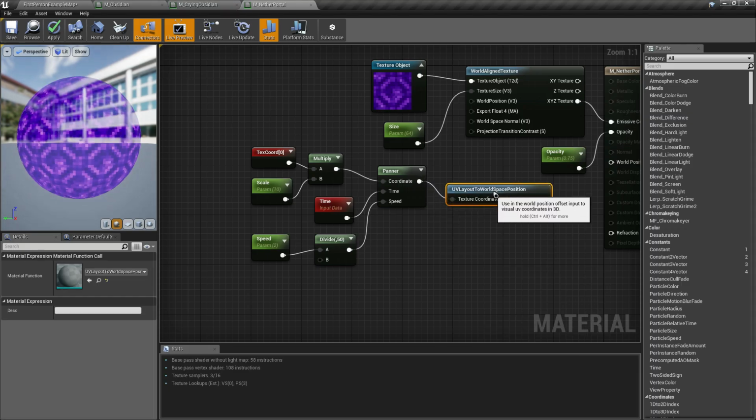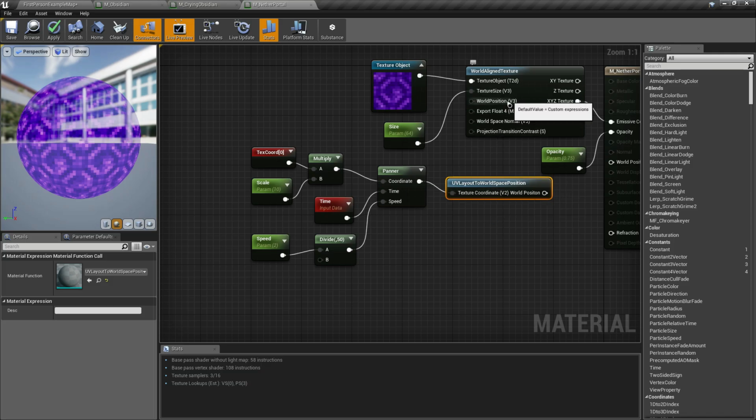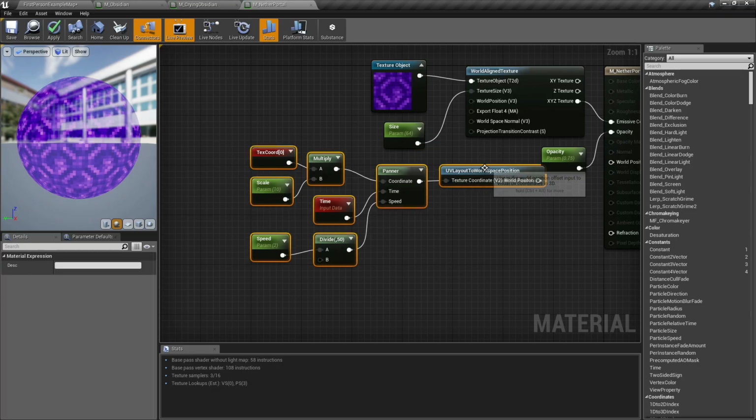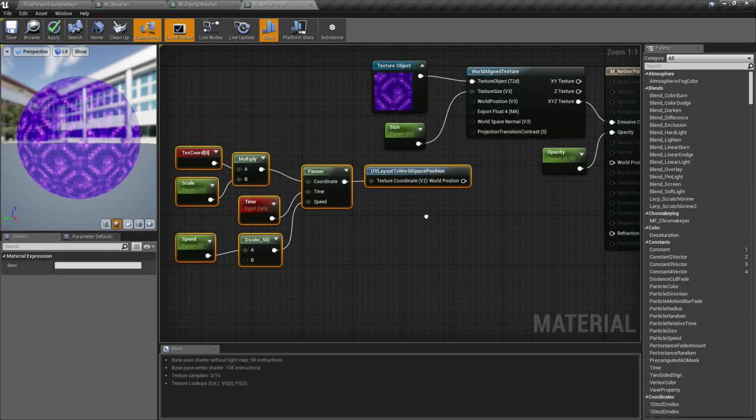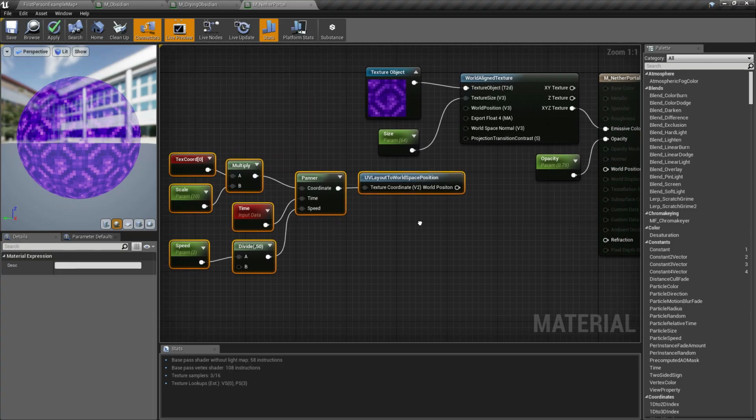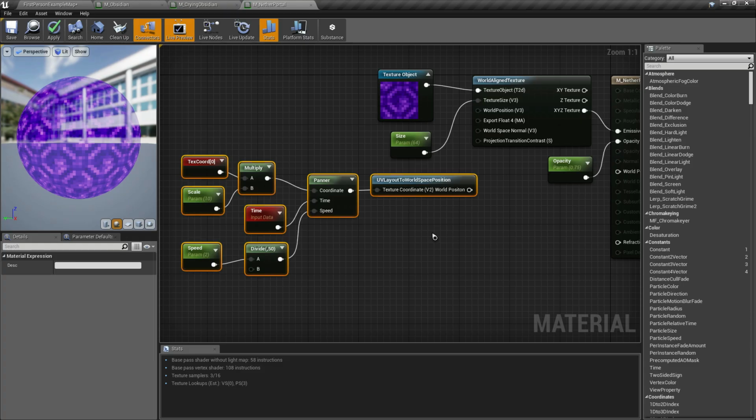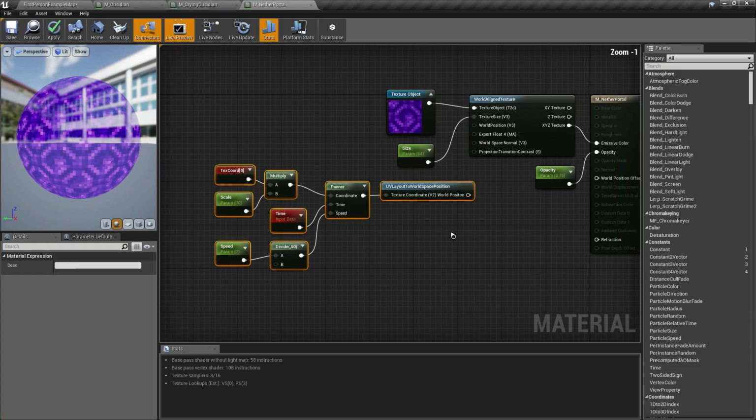We're going to call the UV layout to world space position. So this node, we're going to connect on the world position of the world aligned texture so that we can have the animation of our nether portal on this material that we applied together with the world aligned texture.